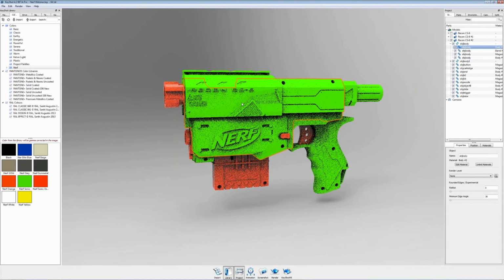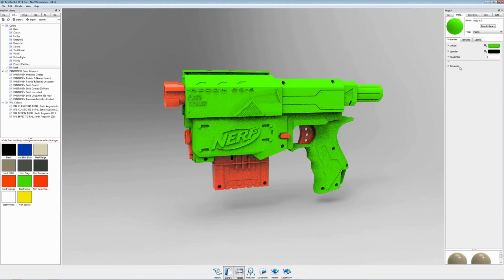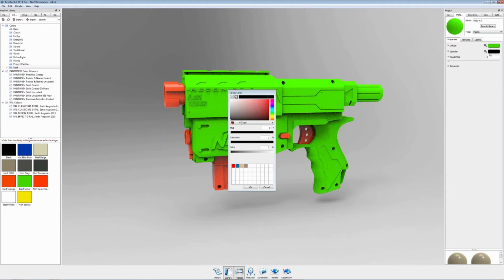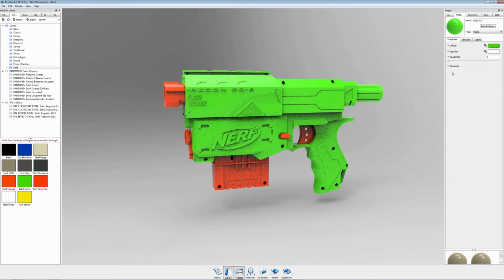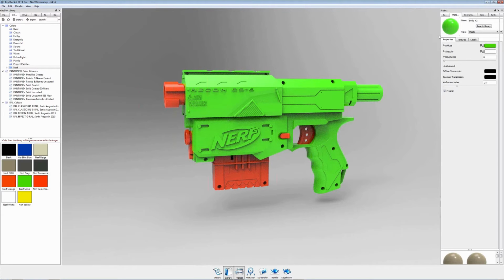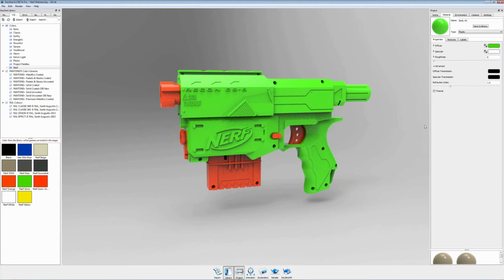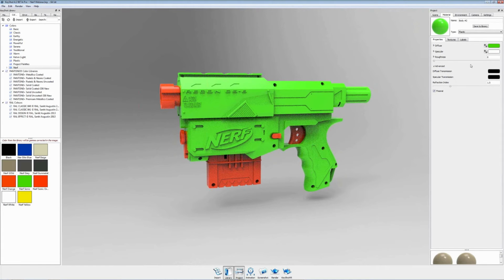Okay, so again, making this into a clear plastic, we have the material type as a plastic. We want to make sure our specular is set to white so we get those nice reflections. And then if we click on the advanced drop-down menu, we now have the option for diffuse transmission and specular transmission. And actually, although we want this to be a green clear plastic, we're actually not going to introduce the